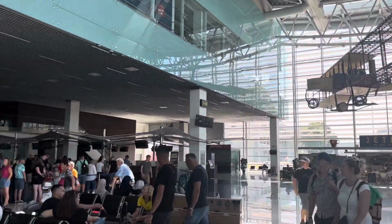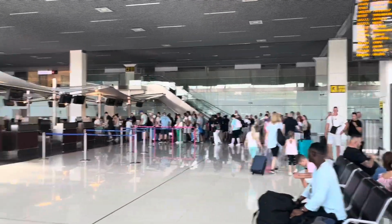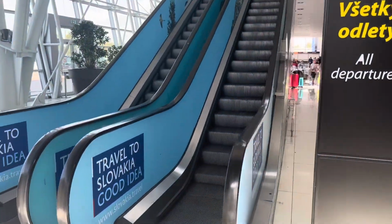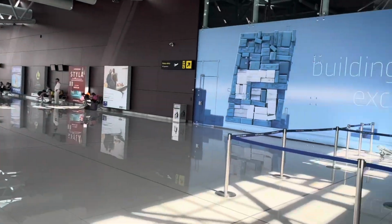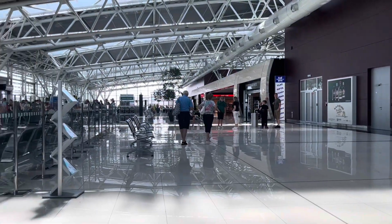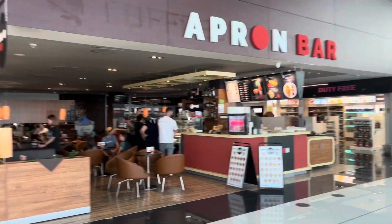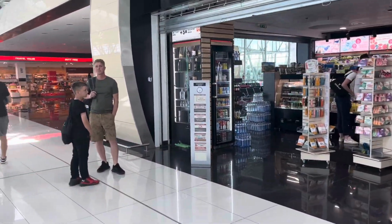Heading into the airport, there are check-in desks on the ground floor and then up to the first floor for security, followed by the departure gates. Through the other side of security, you'll find pretty much your standard modern generic airport. I've seen many that are a lot better than this, but also many that are far worse. There are a few places to grab food and drinks, as well as some Slovak gifts and goods, and then it's off to the